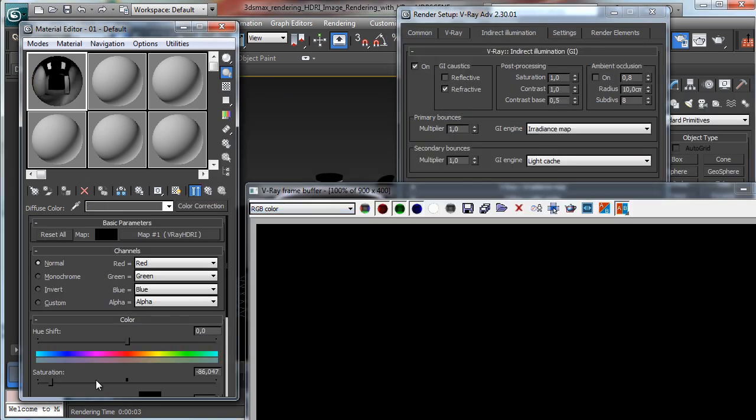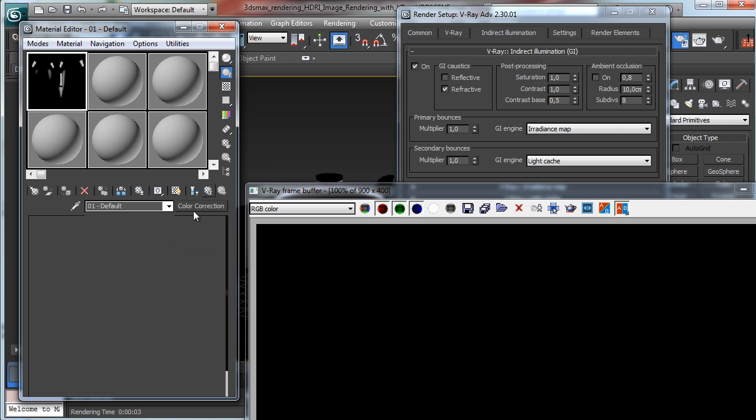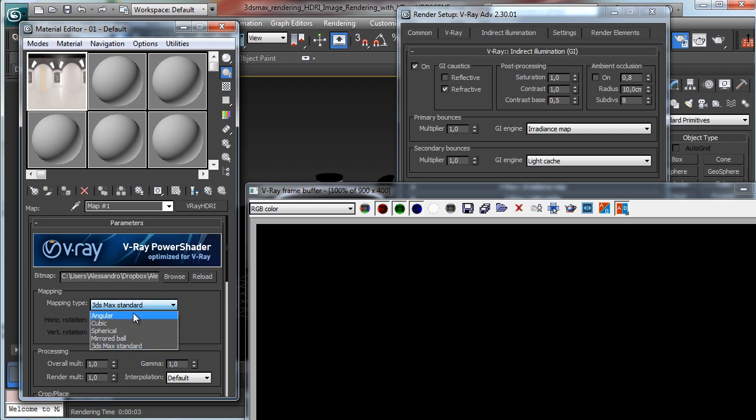Okay, let's set back the right level there, so we'll use a darker level, but the main issue is there inside the map because we use the standard just to see the map,